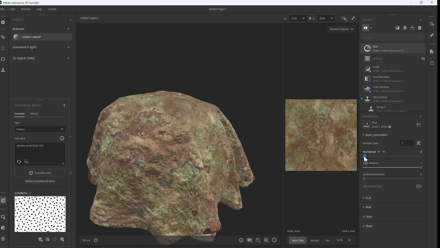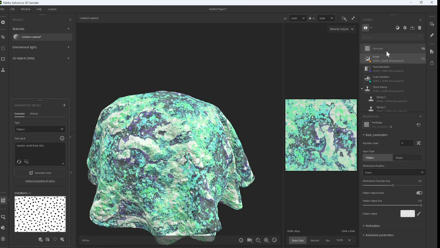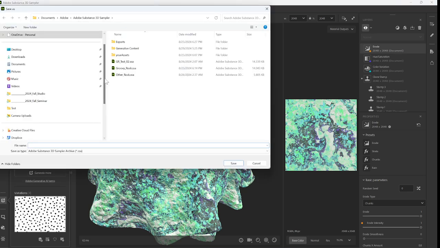Turn that on and start playing with the filter and see what you get, right? It really depends on the kind of material that you are thinking of making. So I'm going to remove that layer, and I'm not going to export the perforate, so I'll just go ahead and remove that one. And then when we want to save the material, let's go ahead and save this, and I'll just call this